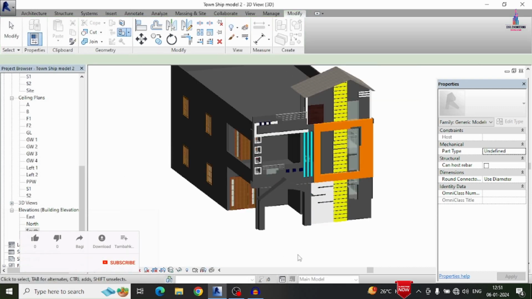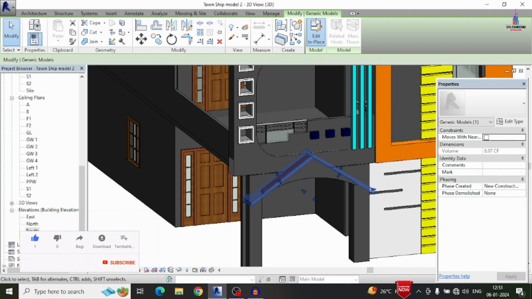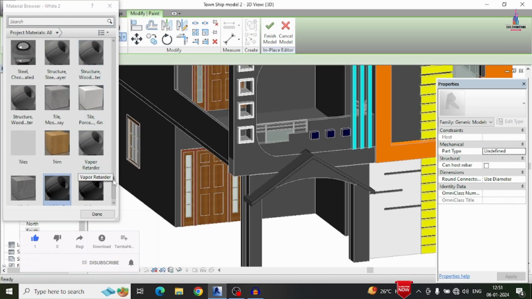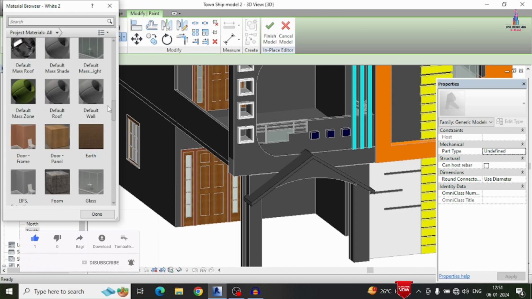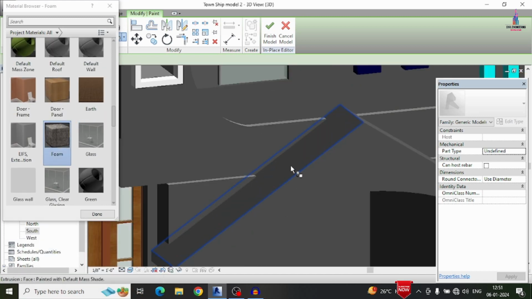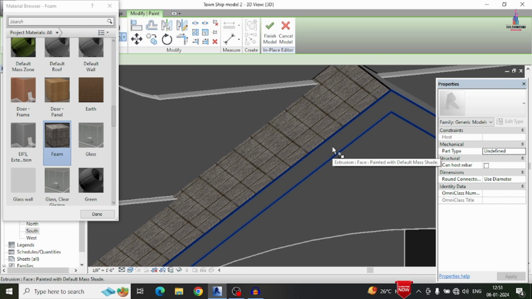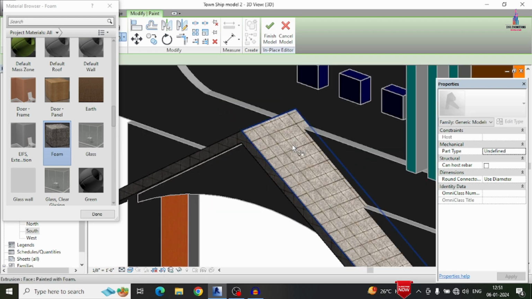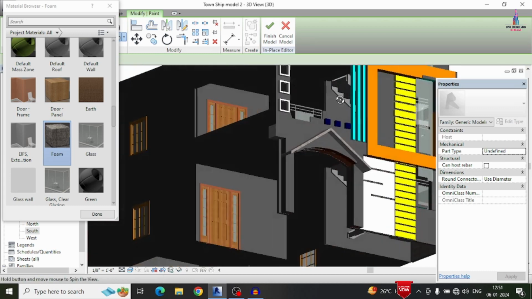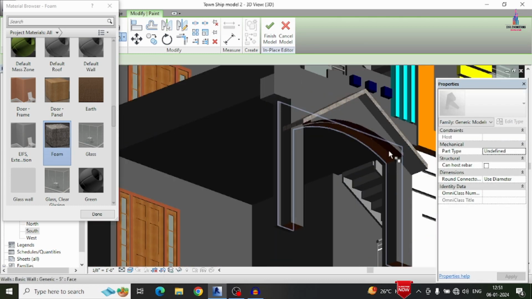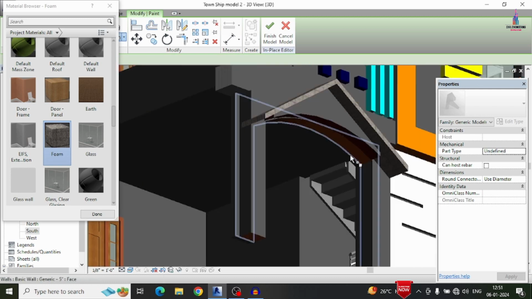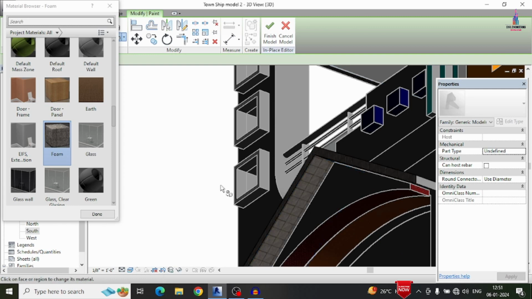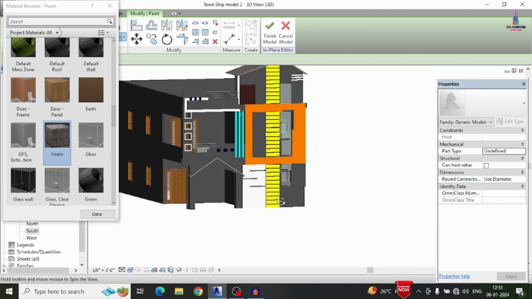Now after this we have to paint these patterns also. Click on edit in place, which is related to this foam option. Here I had already selected that foam option. So select this. This time I am applying it for the front facing direction also. Now you can see it will apply your foam color at the bottom section for this section also. So you can see it was applied here like this.